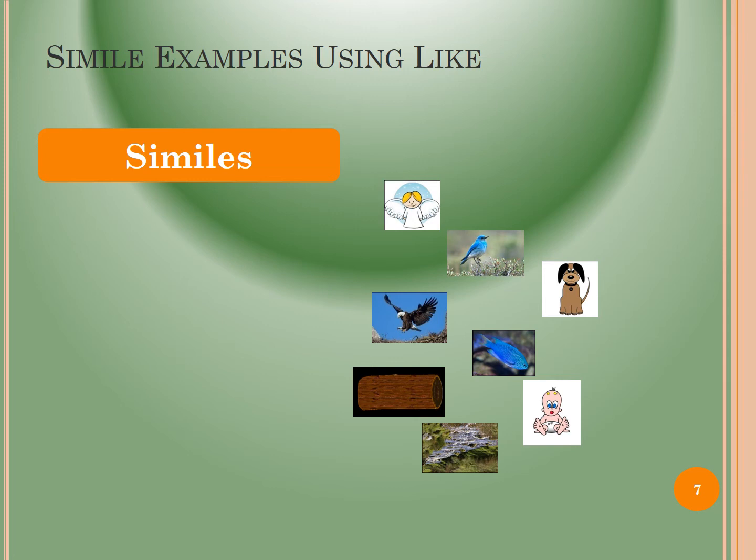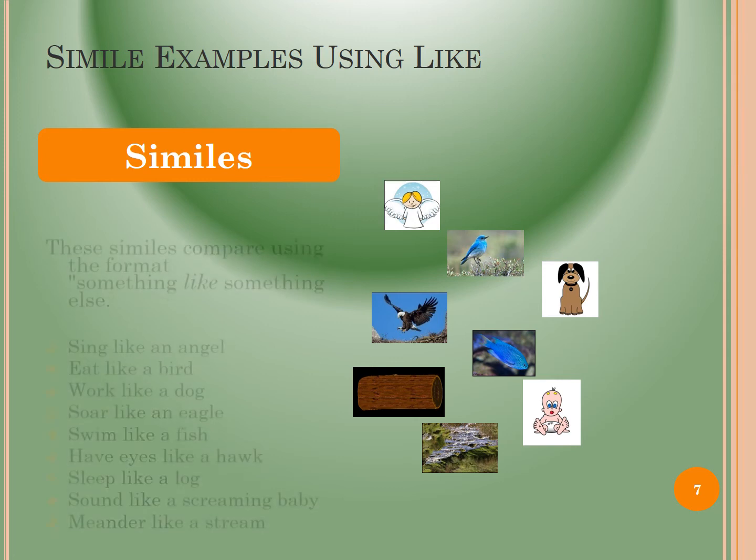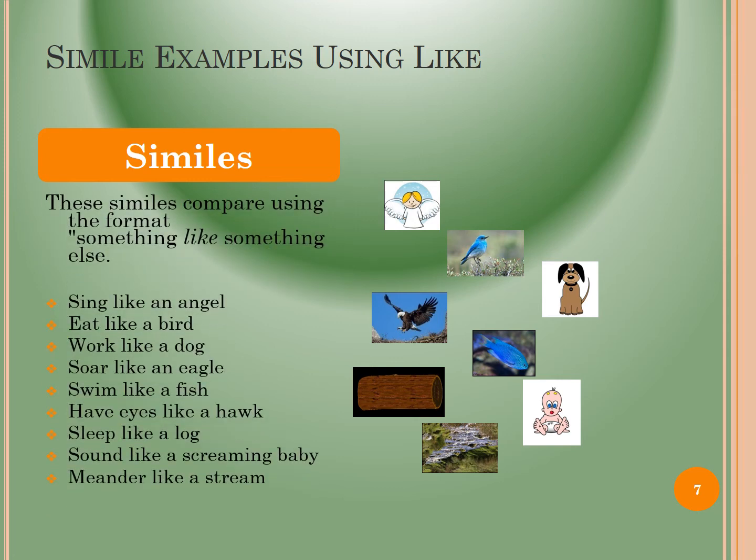Now similes examples using like. These similes compare using the format something like something else. Let's take an example. Sing like an angel, eat like a bird, work like a dog, soar like an eagle, swim like a fish, have eyes like a hawk, sleep like a log, sound like a screaming baby, meander like a stream,